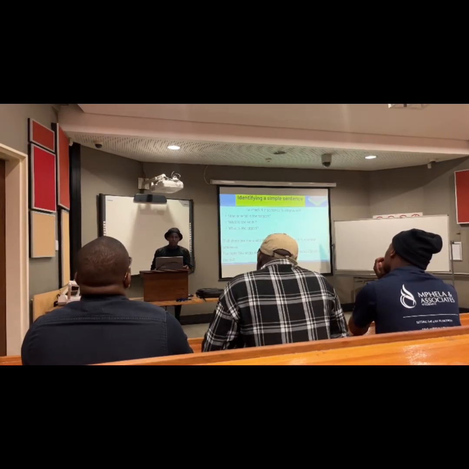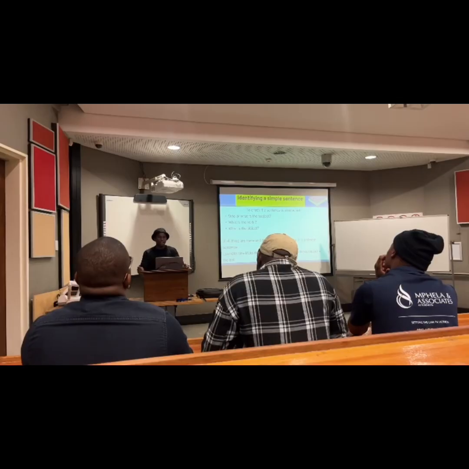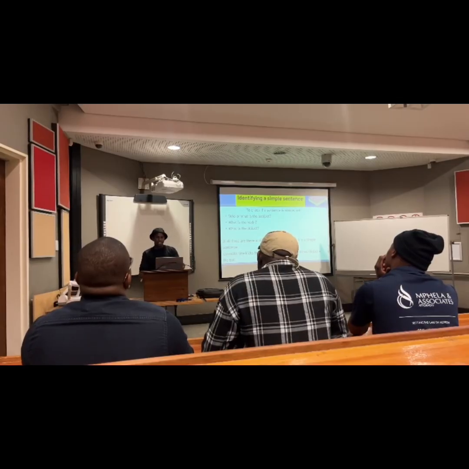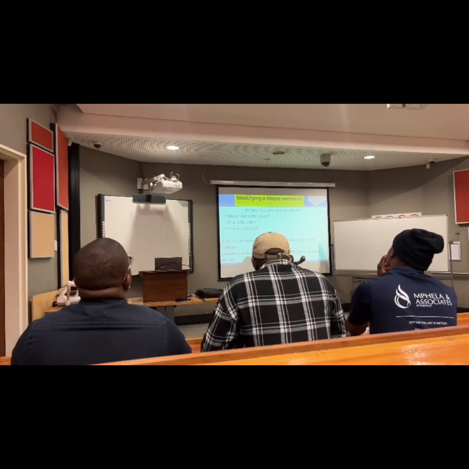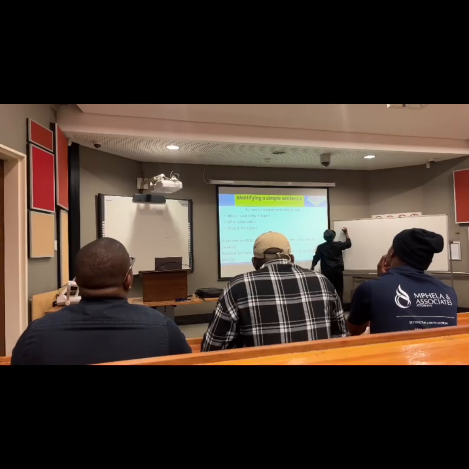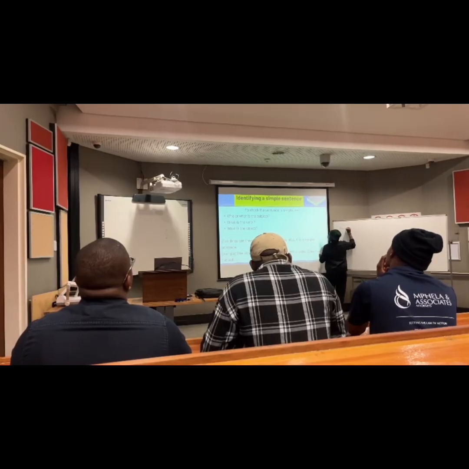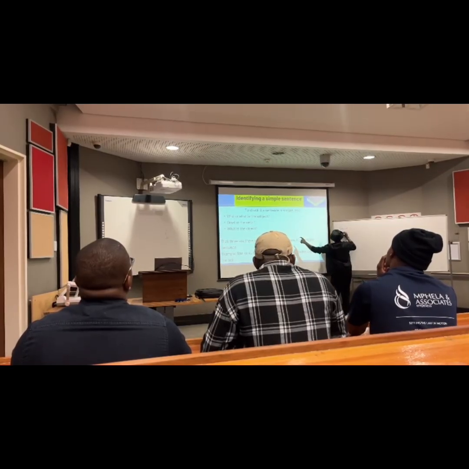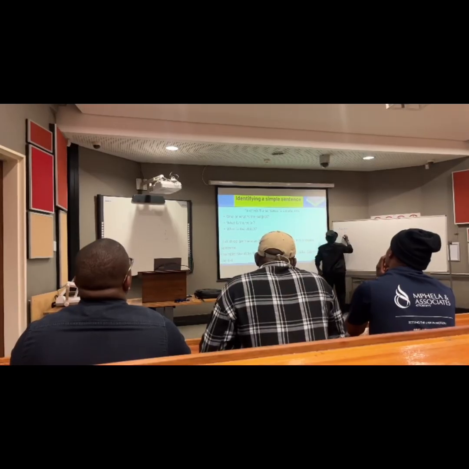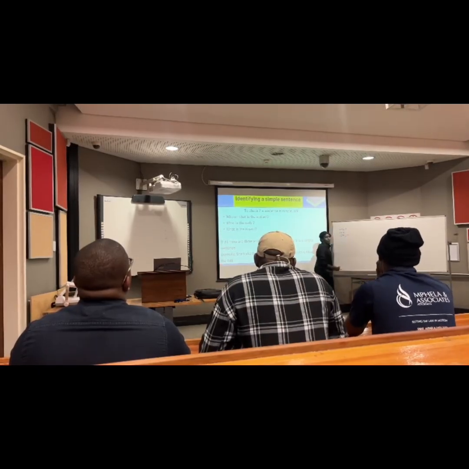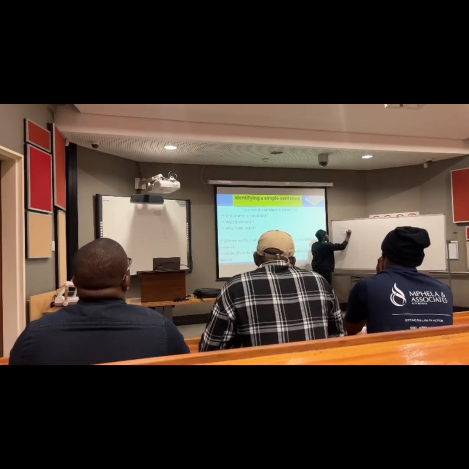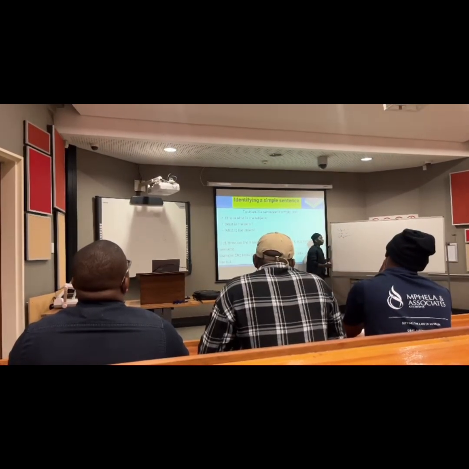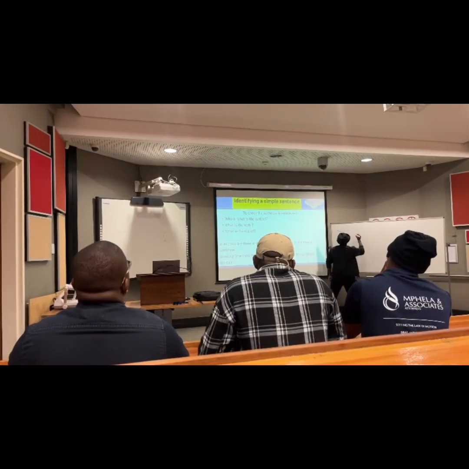Okay? So going forward, how do we identify a simple sentence? There are three questions that we need to ask ourselves. Who and what is the subject? Then we must know what is a verb, and then what is an object. Is there anyone who wants to try to answer what is a subject, what is a verb, what is an object? Okay, no one. A subject is the person